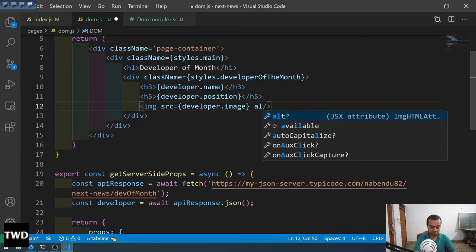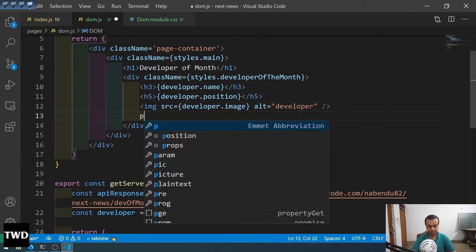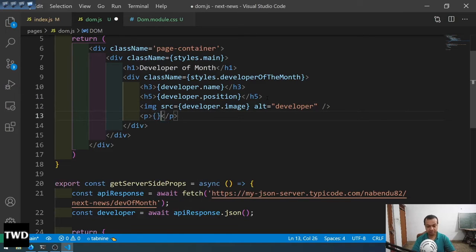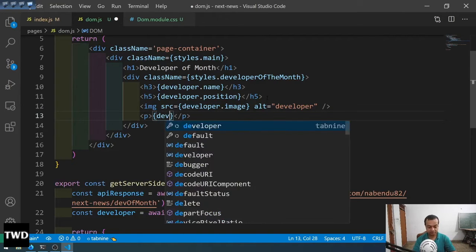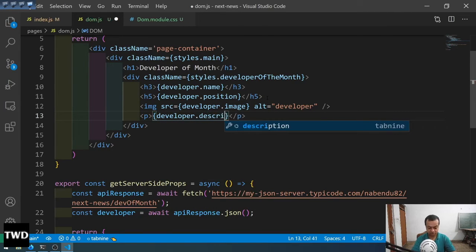Let's put an alt tag also, so it is good for screen readers. Developer, and a paragraph tag, developer.description. Let me save it,